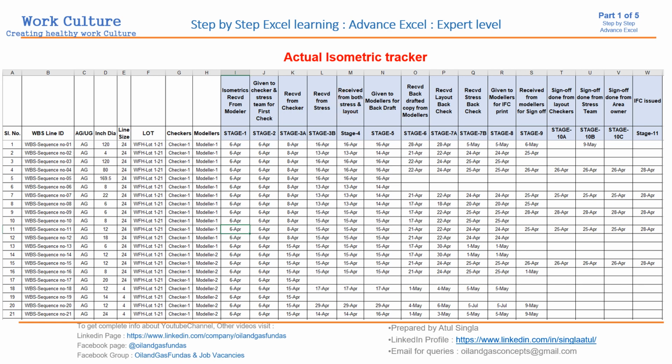when we receive from both the checker as well as layout checker as well as from stress checking, we have stage number 4. Okay, here we are mentioning all the first check is done and received on what date. Then it is given to modeler for backdrafting. Suppose 16th April we have received from both, then 16th April it is given to modeler for backdrafting. Then received backdrafted sheet from modeler. Modeler has taken some time and it is given back to checking cycle on what date.